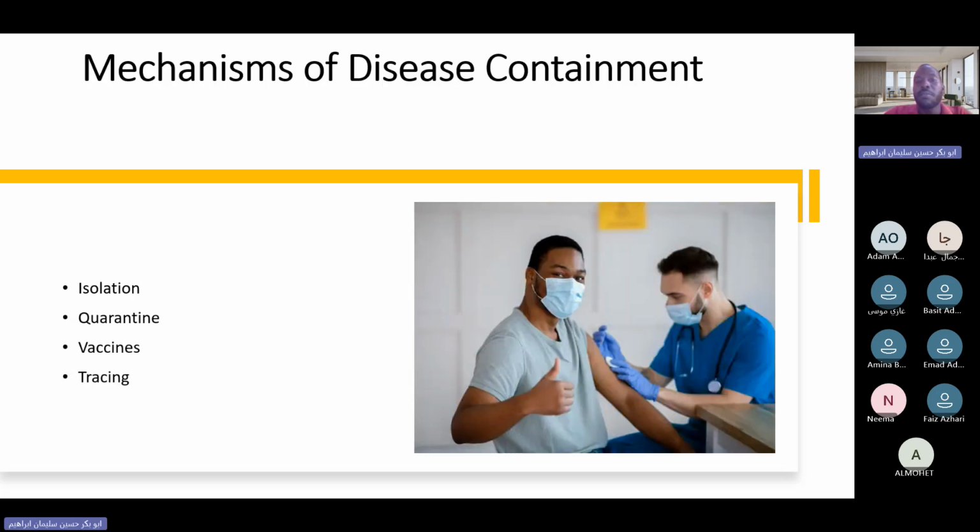Now let us see the mechanism of disease containment. If you have a quarantinable disease, what is the mechanism or strategy used to control it? One of the strategies is isolation, quarantine, and also vaccination and active case tracing. Isolation means